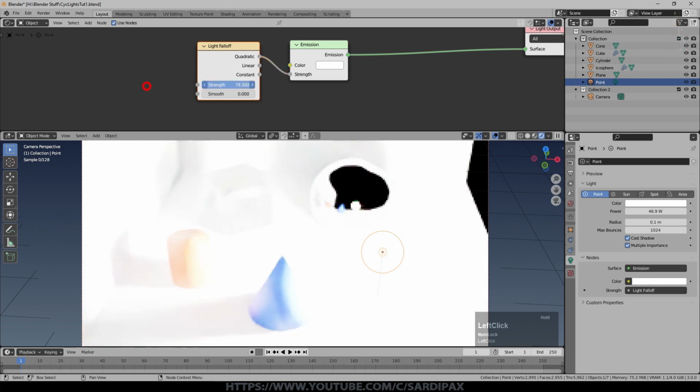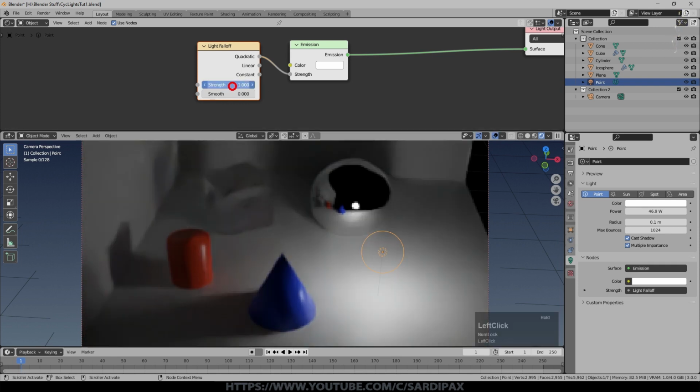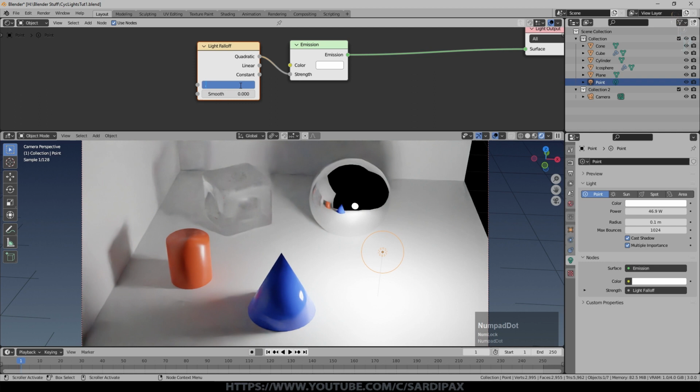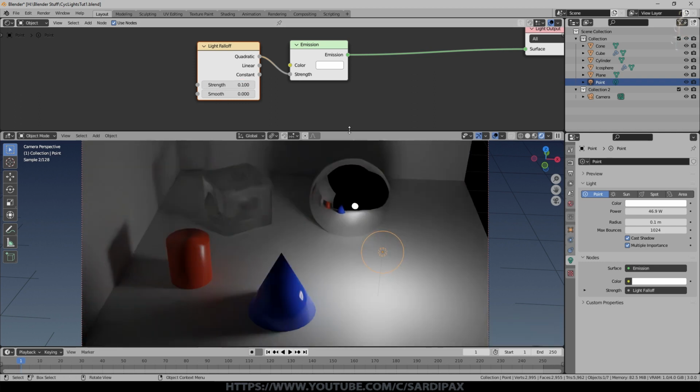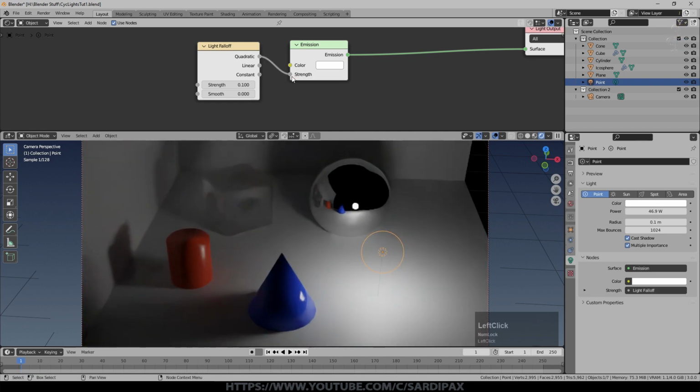The strength is 100 at the moment, which is obviously increased the strength of that light. It was only 50 watts, so we'll put it back to there. So we're going to bring the strength right down, but you can see that's affected how the light falls off. We're having to make the light much dimmer now to be able to not oversaturate the scene. If I take that out and I bring that strength down quite a bit, you can see that's basically the same. But if I put in linear, it's a subtle effect, but effectively that's just falling off in a very simple fashion. It's not an inverse square fashion the way real light would fall off.